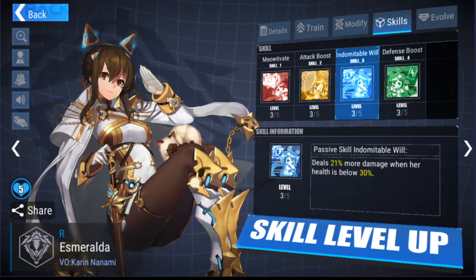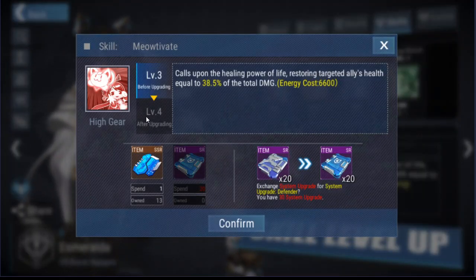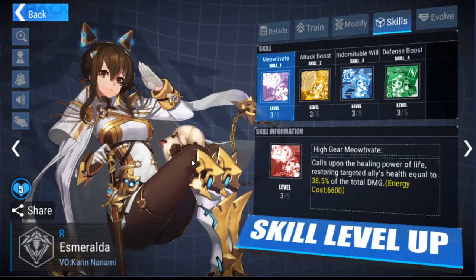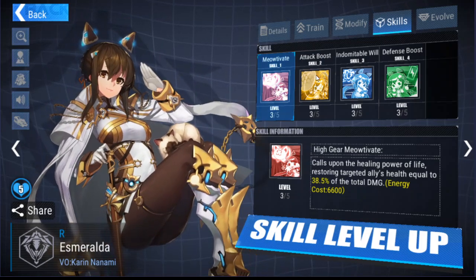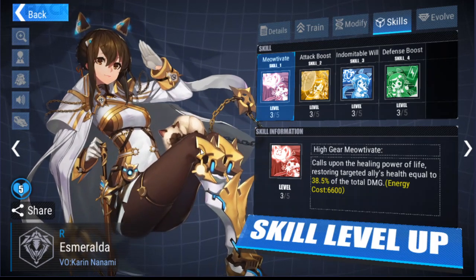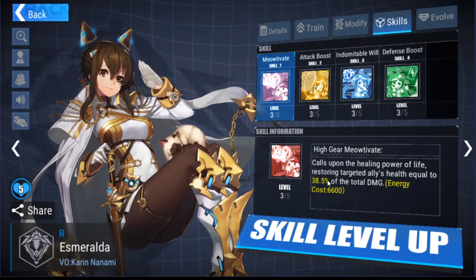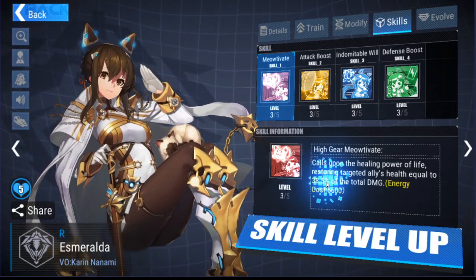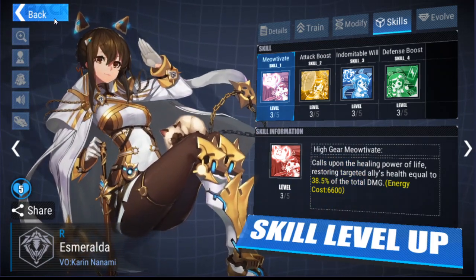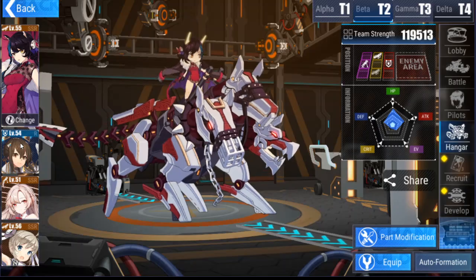So here we have Esmerlda, and Esmerlda is very good. She's another one of the best rare characters that you can get your hands on. And even though this energy cost is high, you can go ahead and give her a weapon, and then use this sooner. I'm actually not sure whether or not that effect is altered if you...